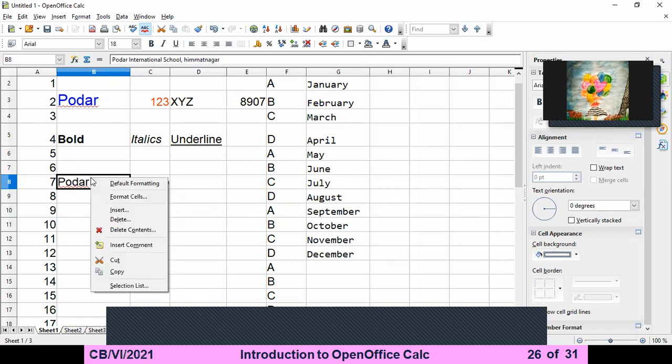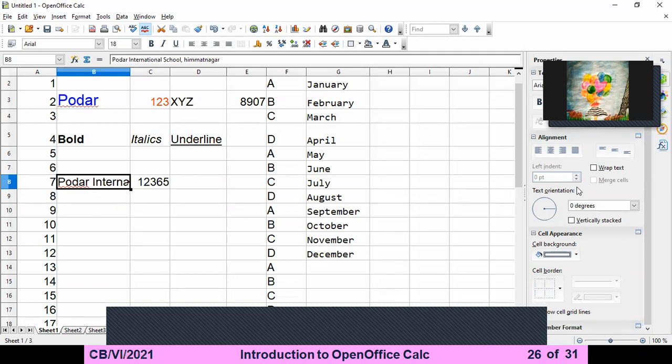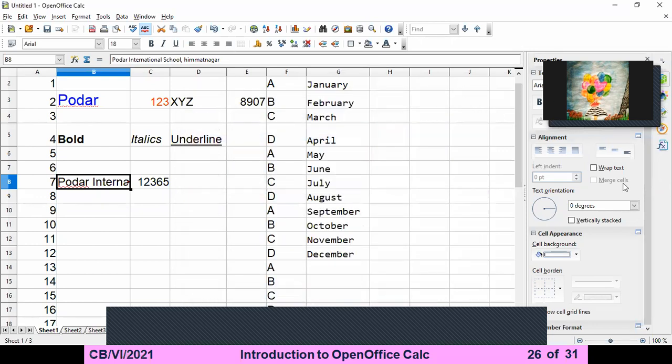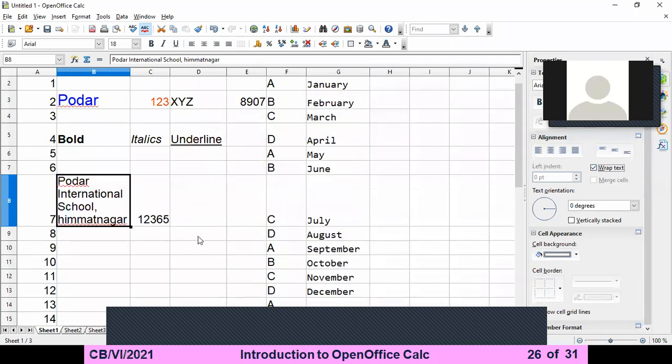You can right click and go to Format Cells and choose wrap text there. Otherwise, wrap text is given directly here, and you can choose that also. I am directly doing wrap text. So you will see that everything is visible and the cell is automatically adjusted for you.